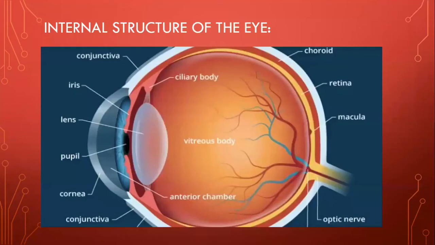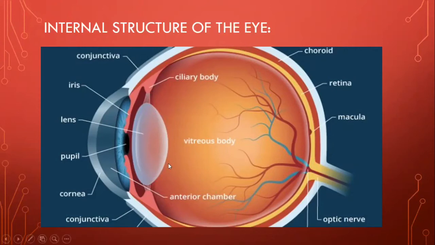Then we have this as the lens. The lens is attached to the surface of the eyeball with the ciliary body. The ciliary body is basically an extension of the surface of the eyeball, and this ciliary body and the lens are attached with suspensory ligaments, which are these line kind of structures that you can see over here. Both of these structures are present on both sides of the lens, and they are responsible for the curvature and the thickness, or the thinness, of the lens.